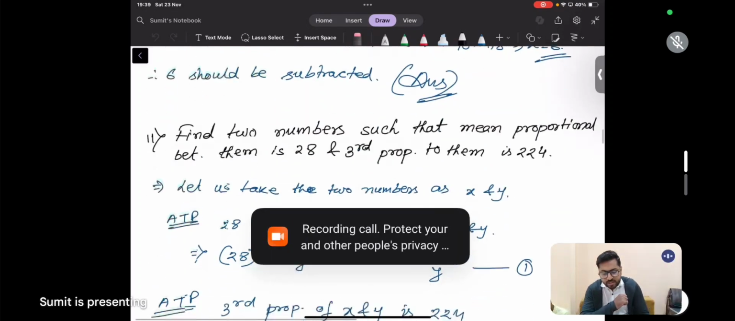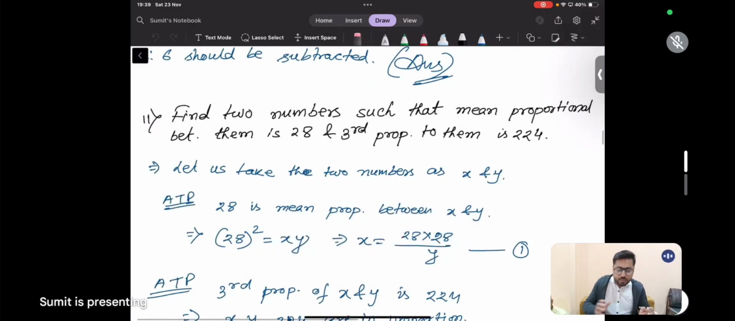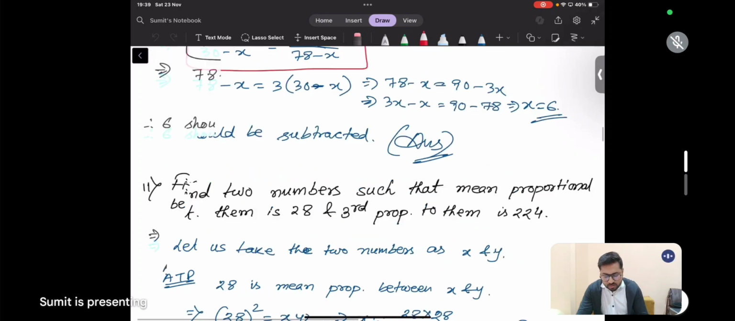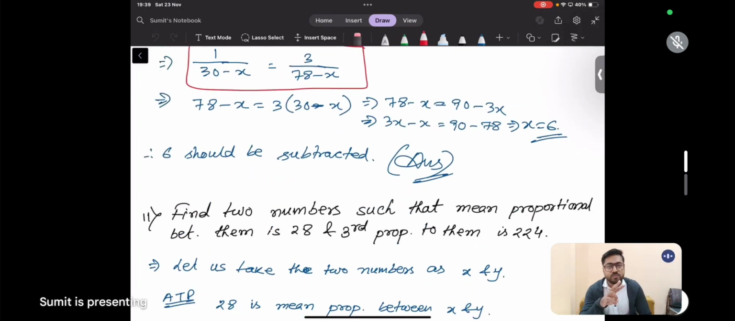Question কি আছে? Find the two numbers such that mean proportional between them is 28 and third proportional to them is 224. ভালো করে দেখবে এখানে কি বলেছে. Find two numbers, দুটো নাম্বার থেকে ফাইন্ড করতে হবে, such that mean proportional between them is 28. মানে দুটো নাম্বারের যে মিন প্রপোর্শনটা 28 বলে দিয়েছে. and third proportional to them is 224, মানে ওই দুটো নাম্বারেরই থার্ড প্রপোর্শনালটা 224 হবে।